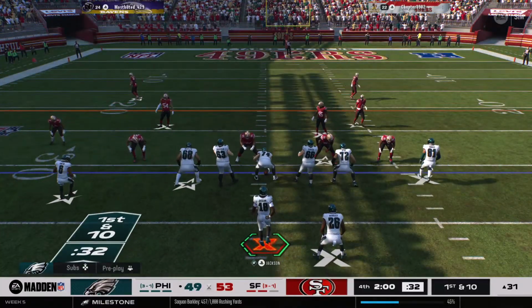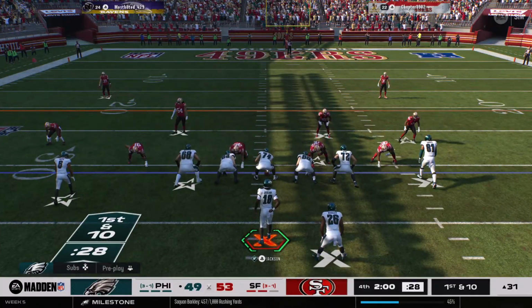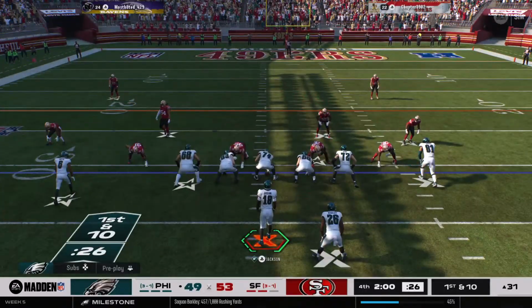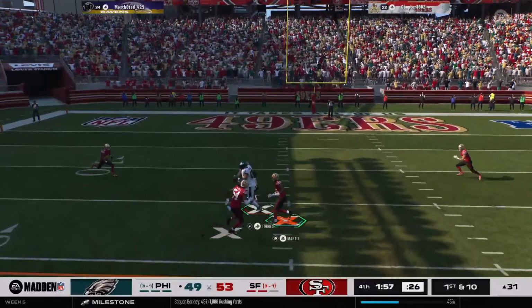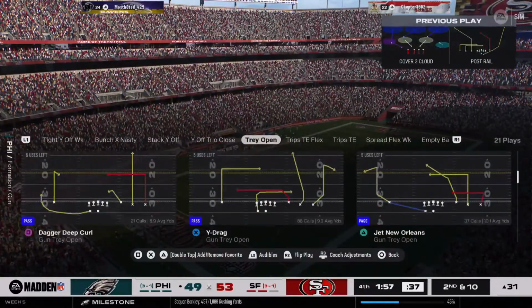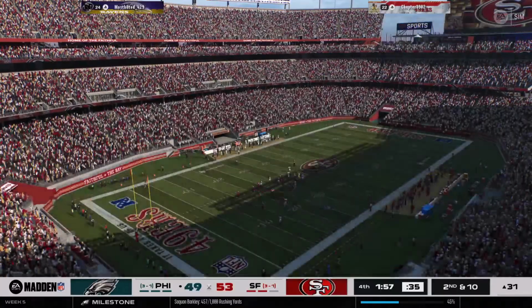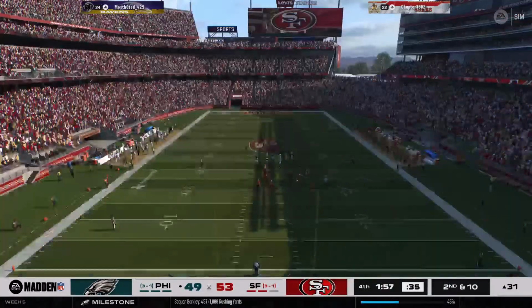New set of downs for him from the 31. Throwing now on first down, it's Jackson. Defender arrives right as the ball does, and the hit knocks it free. Incomplete. Working across the middle, Brock, it is tough for anybody to make plays through all that mess, even when